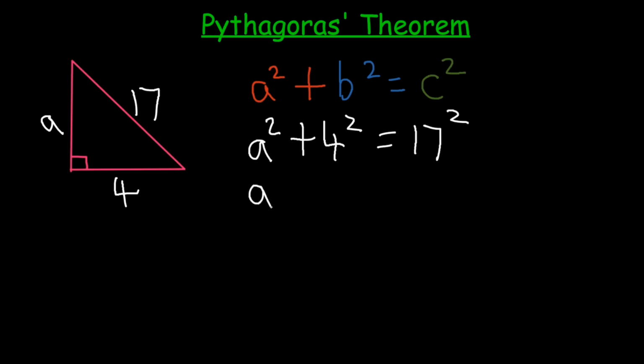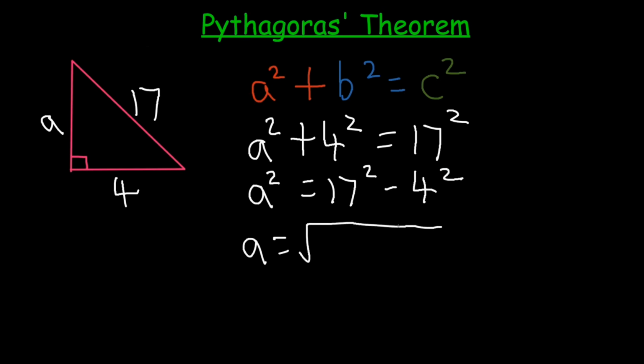So if we get A on its own, we will say A squared is equal to 17 squared minus 4 squared. So A is equal to the square root of 17 squared minus 4 squared,